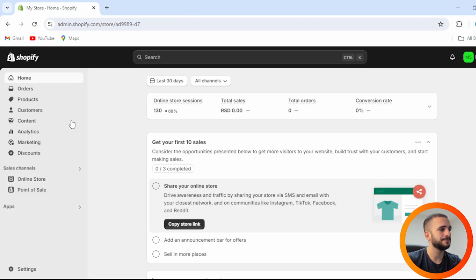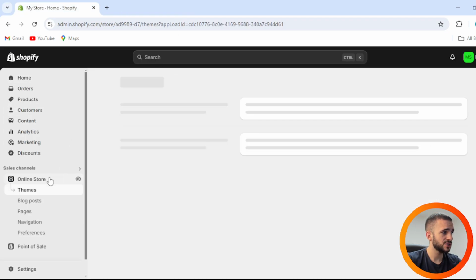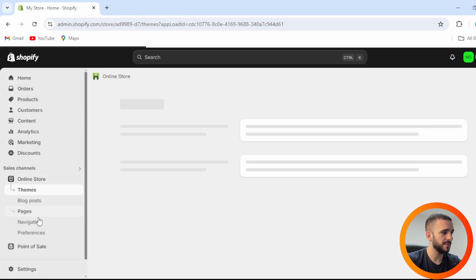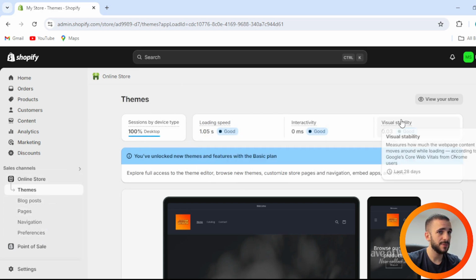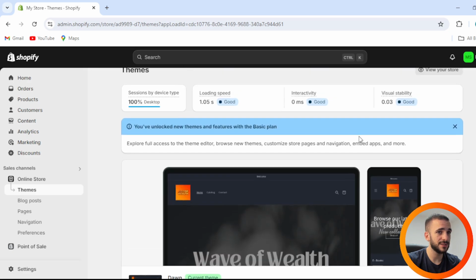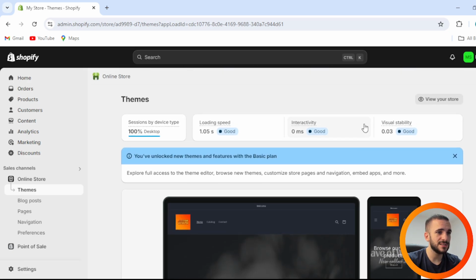So go back. After that, online store, you can see themes, blog posts, pages, navigation, preferences. That really doesn't matter right now. So what we need to do is to check it out. Themes up here, view your store again, down below are templates. But what we need to do is to deactivate it. I don't like it. I don't need it anymore. So here, next to this unpin from your navigation, you go to these three dots right here, manage app, no,